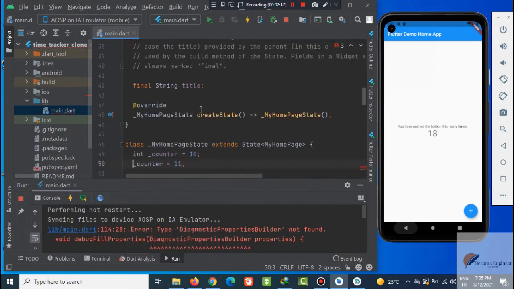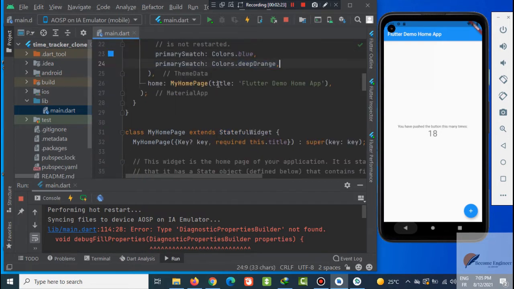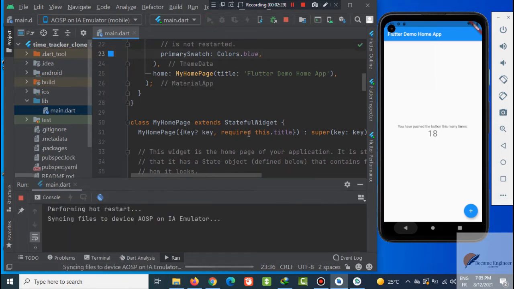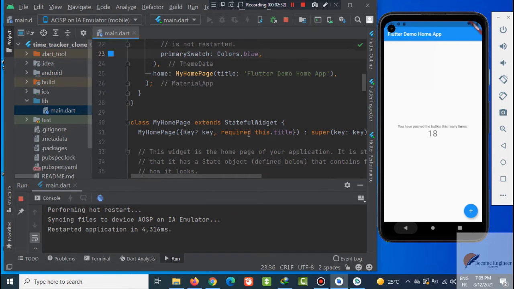I will just type Ctrl and run. Always, if you have some problems that are not shown, you can type Ctrl Z to come back to the initial value.